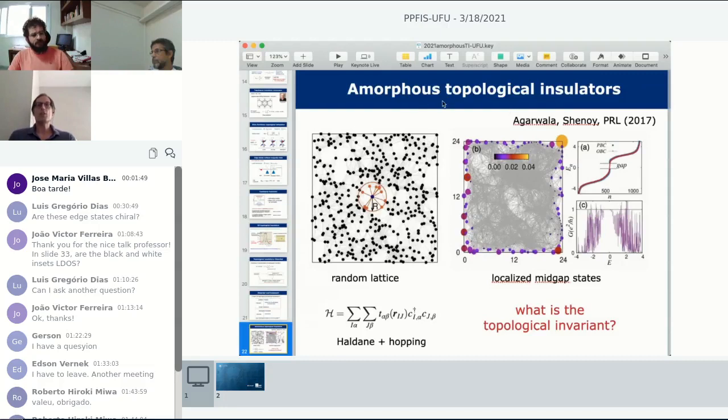And they call this paper amorphous, right? And well, this is not amorphous, as we'll see later. This is a random system. It's a non-crystalline lattice. I'll come to that a little bit later, right?